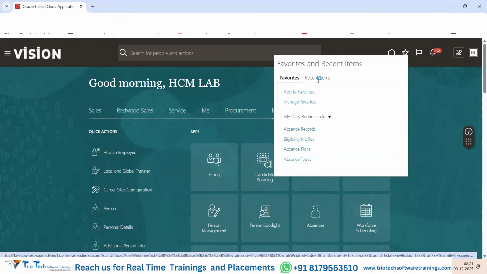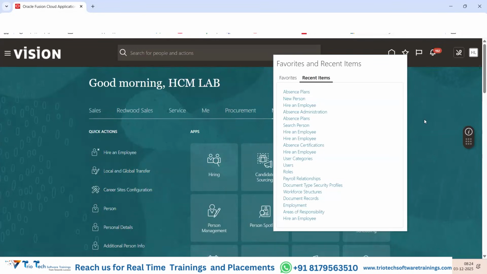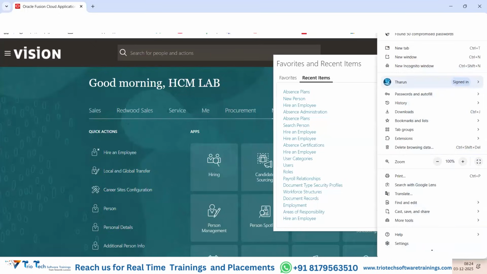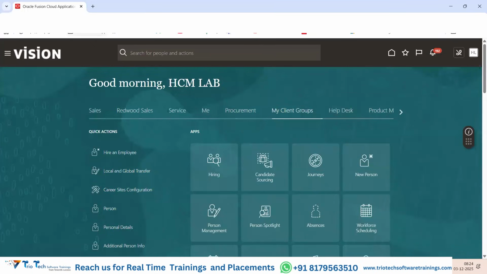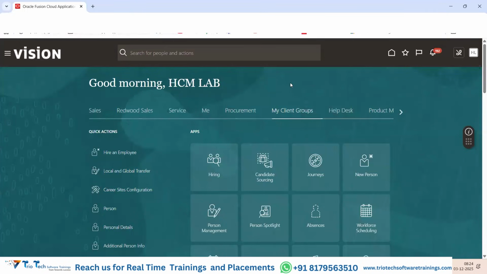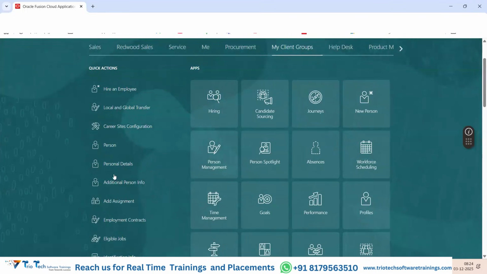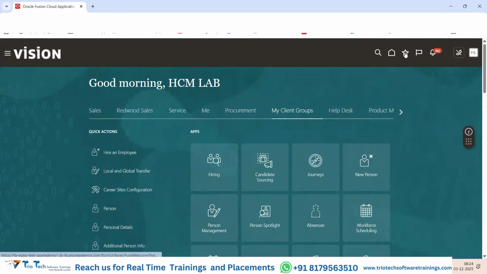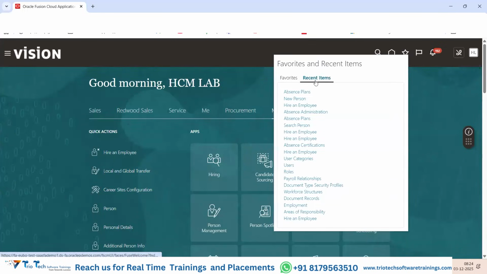Then recent items. In our Google Chrome also, we have the history button. If you want to search the recent websites that you have navigated, you can go to the history button and get that. Same way within the Fusion application, the recent screens that you navigated, you can check out here. If you come to recent items,